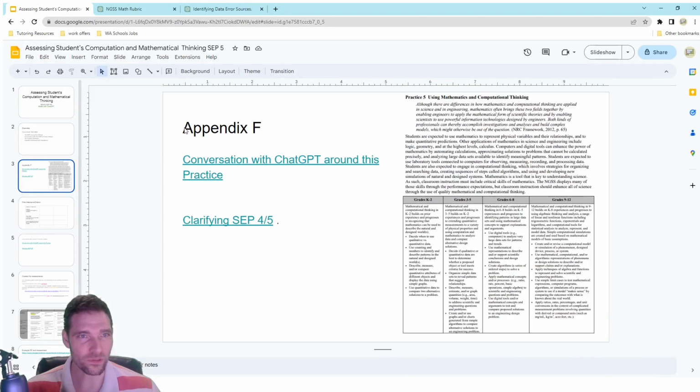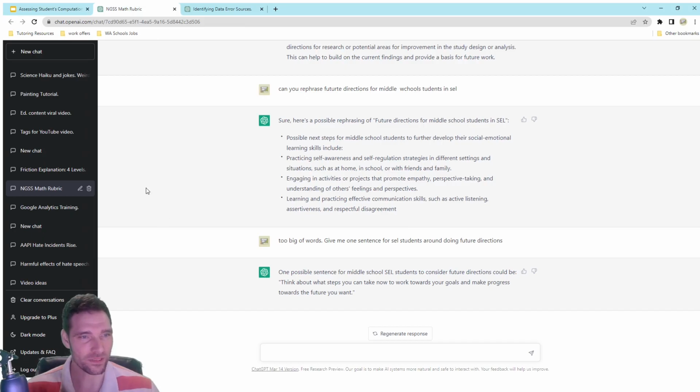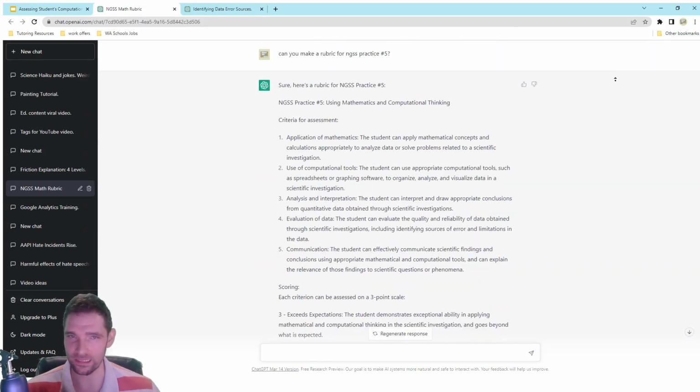So if we look at some of these conversations, I'll give you the links so you can read line by line all of the information. Basically, I started off asking it to give me some categories to score by. I liked a lot of these, and I actually kept a lot of this stuff. I think there's doing the math, there's using tools, and then there's analysis or interpretation,